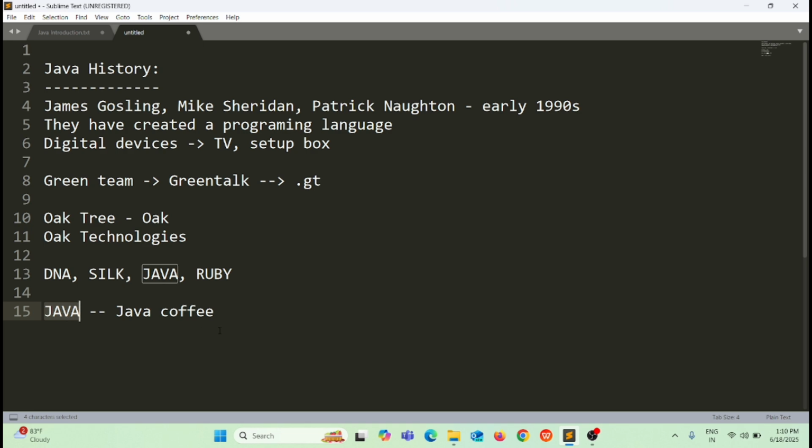So in the year 1995, they introduced the name Java. And also Java is a very powerful name, there is no trademark present in the market with the name Java, and also this name is unique. That's why they thought they would give the name Java.